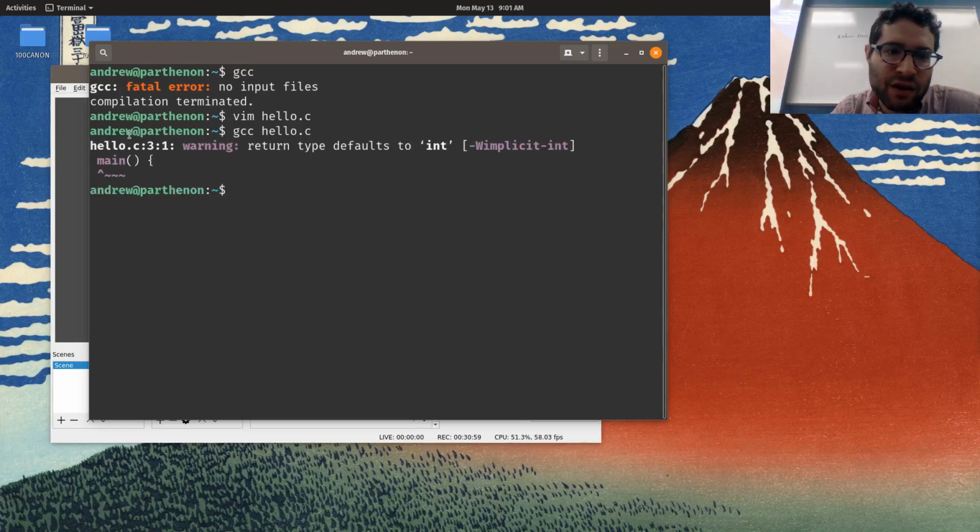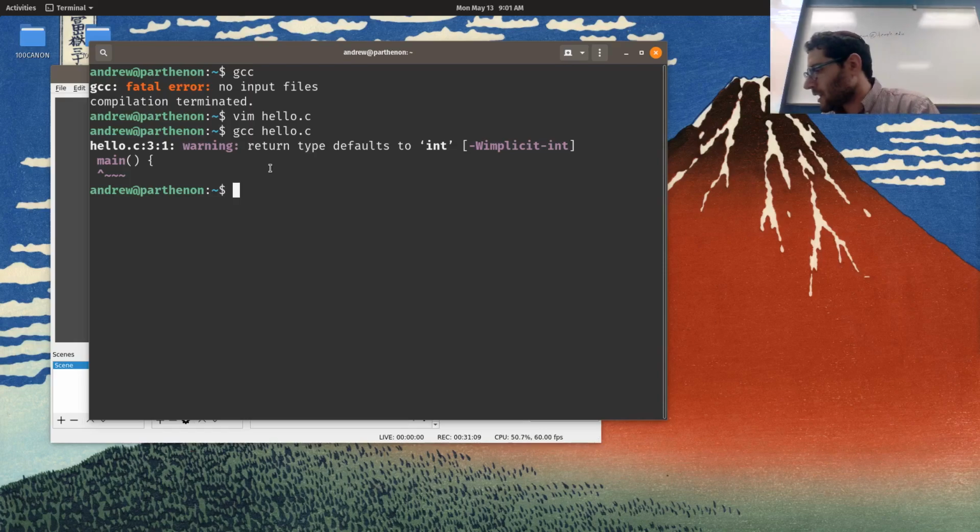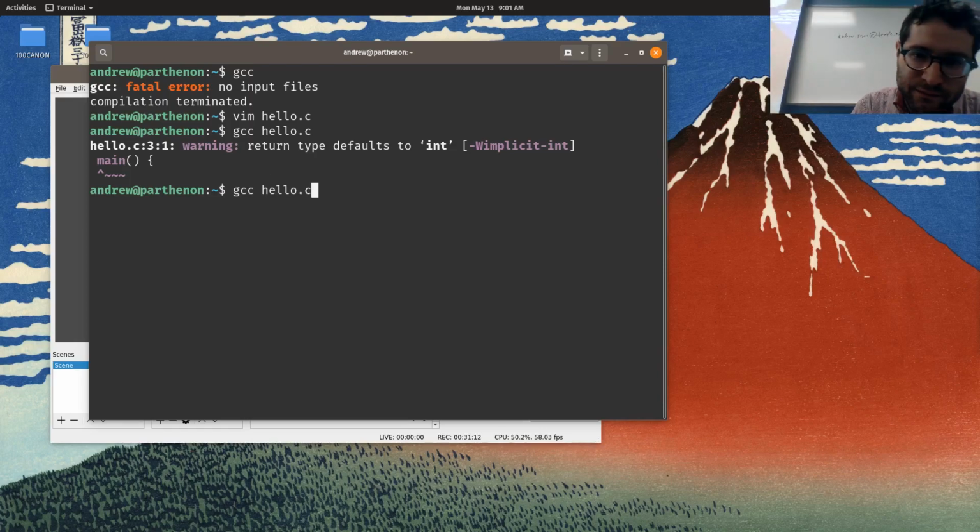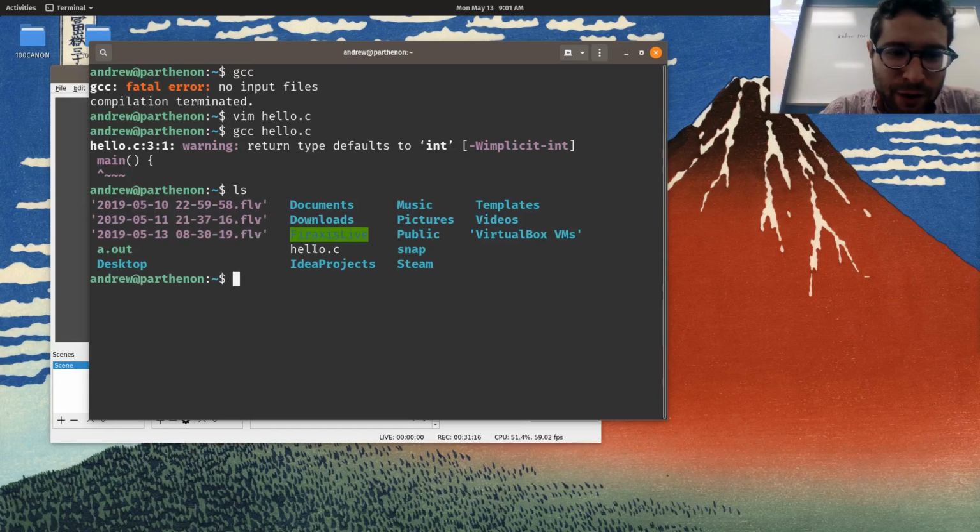Now it gives me what's called a warning, which basically means it's compiling and says, hey, there's something possibly there that might break. It's because I didn't put an int in front of main, but I'm just keeping it minimalistic right now. And that's fine. If I look at my files, I have hello.c, and now I have a new file called a.out, which is the default name for any program that's been created by a C program.